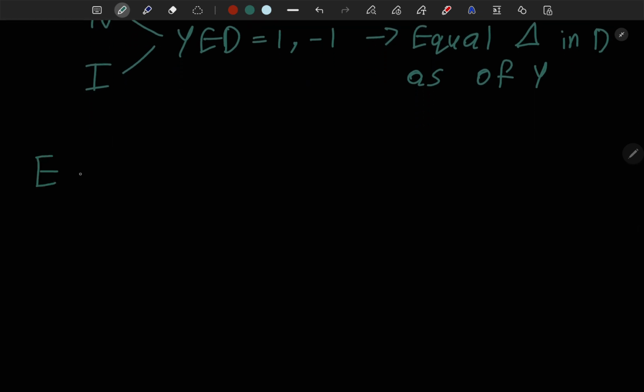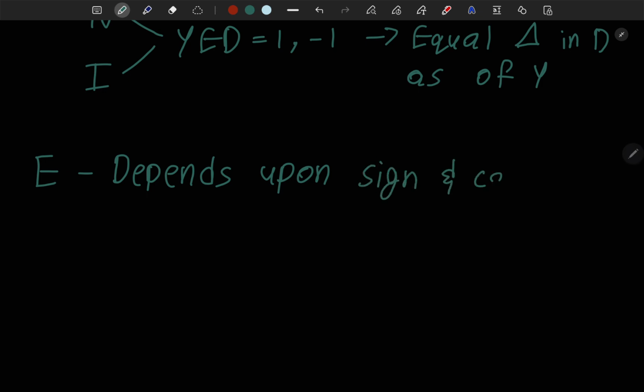Now comes the part for the evaluation. For evaluation, first of all, you'll say that it depends upon the sign, because the sign will decide whether the demand is going to rise or the demand is going to fall. So first of all, you'll say it depends upon the sign and coefficient. As you can see, the coefficient will decide whether elastic or inelastic, or whether there will be any impact or not, or equal impact or more impact. So first of all you have to mention both of these things,